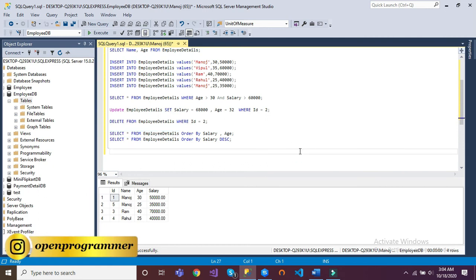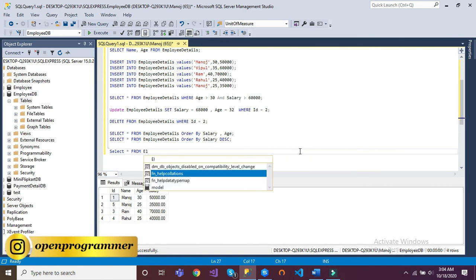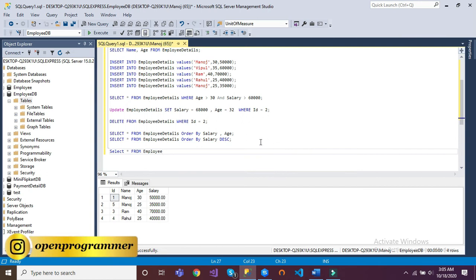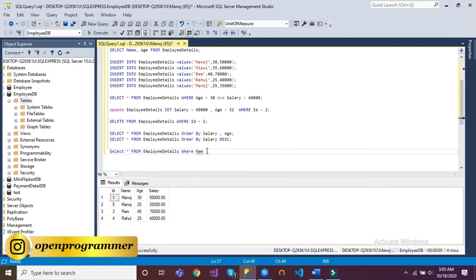For example, if you want to see all the employees having name with Manoj, how we can do that? There is a command, select star from the table name, where name like.